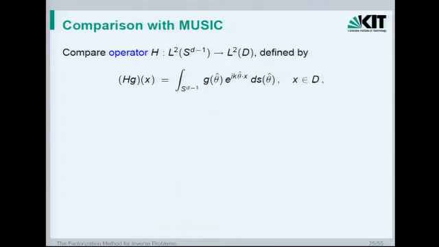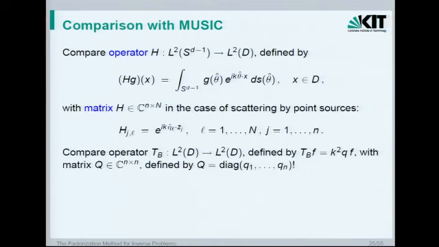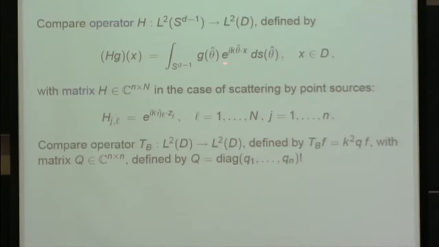Okay. Now let's compare it with the discrete case. This was operator H. This was a matrix H, in the case of point sources. And you see the very analogous situation here. A multiplication of that by a vector would be here a sum over the components times this. So you see the same very close